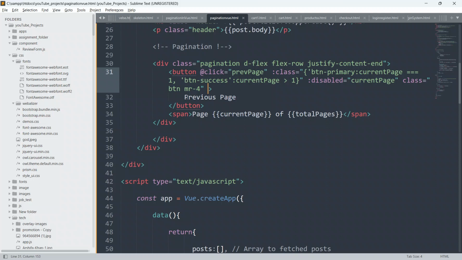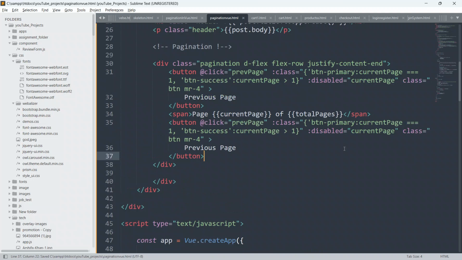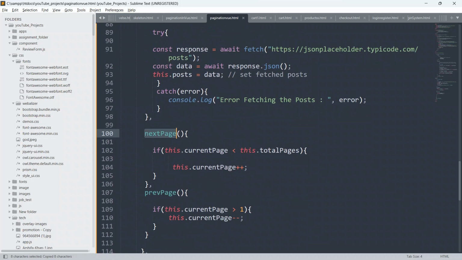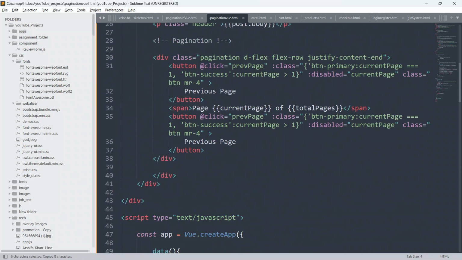Give the class also, margin right for btn. Okay, it's done. So just copy this button from here and paste it below this span, and we will change each and everything. So copy this next page method from here and paste it here, and we will give here next page.